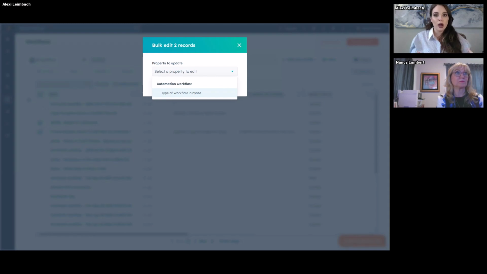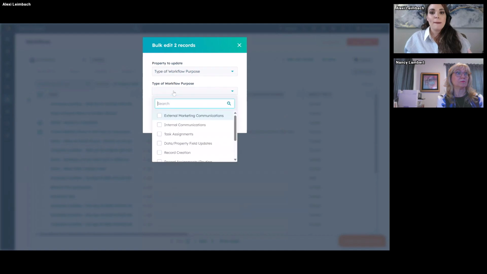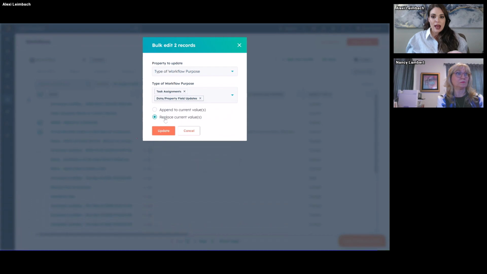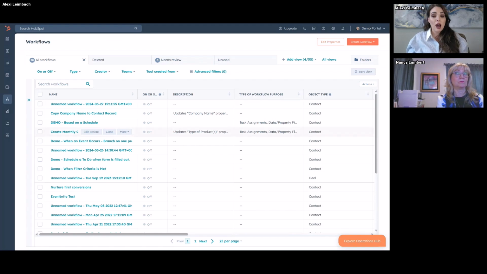We have only created one as an example. And you'll see here that now I can edit this property and say these are for this type of workflow. And you can either replace it completely or just append it to its current values, which is the same experience as editing property values for other records.